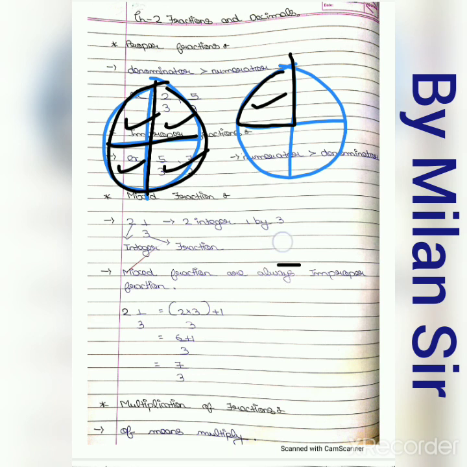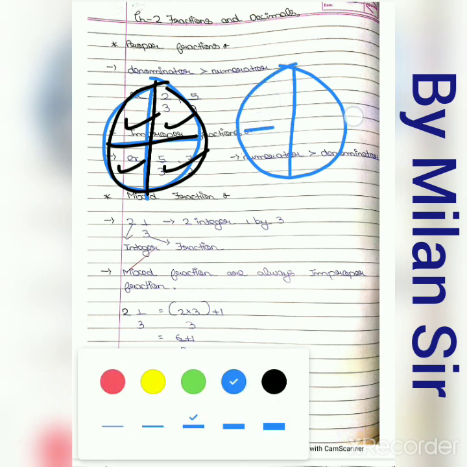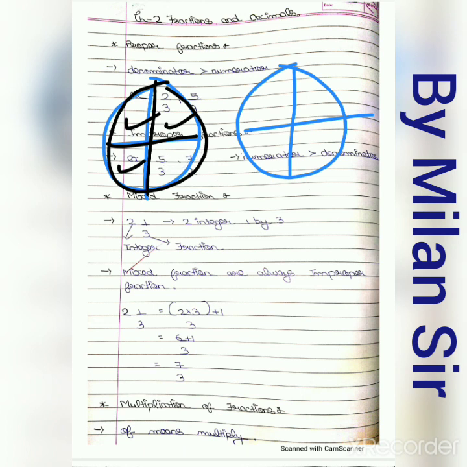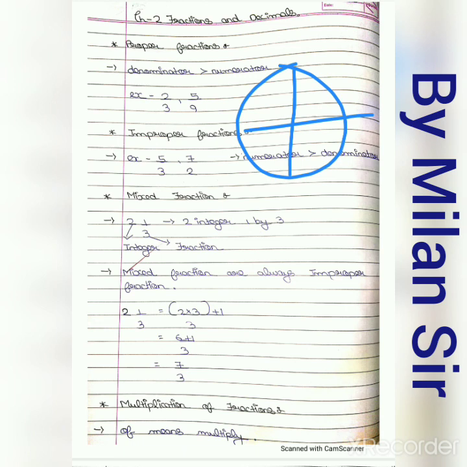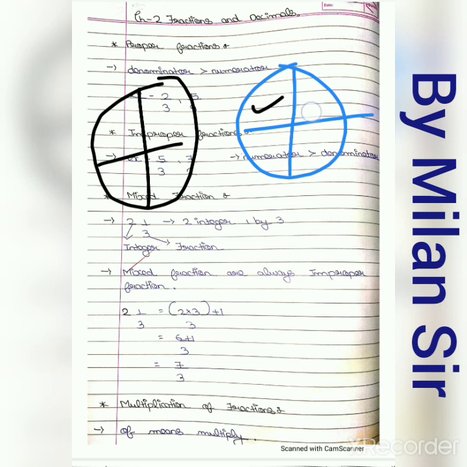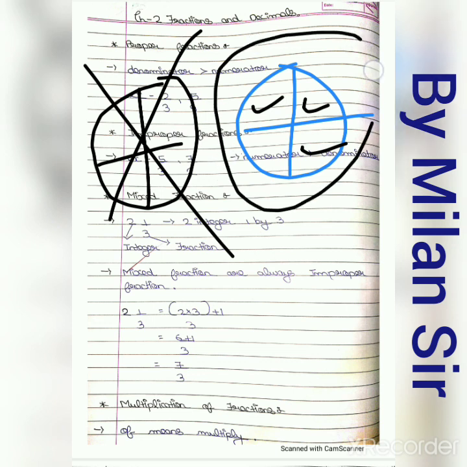If we consider only 3 parts, this one, 3 parts. Okay. I draw this figure. We only consider these 3 parts. Then there is no use of this other circle, right? There is the use of only one circle. This is your proper fraction because you consider only one figure. But if you take parts from more than one figure, whatever number of parts, if you consider more than one figure, then it becomes an improper fraction.